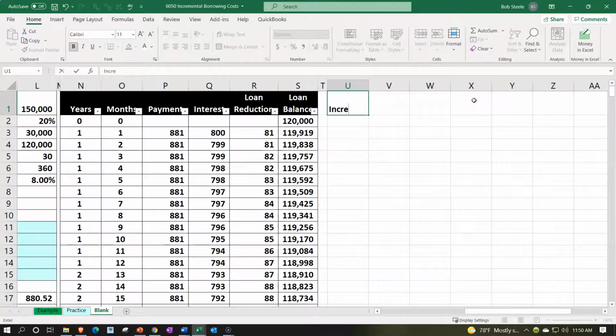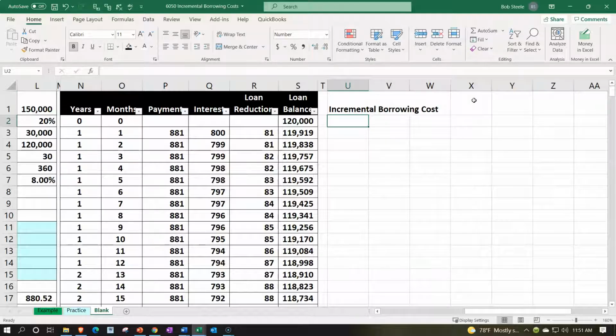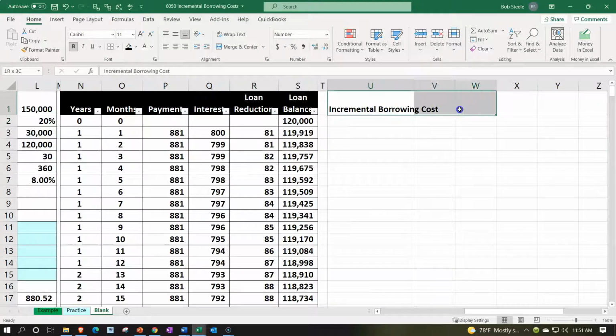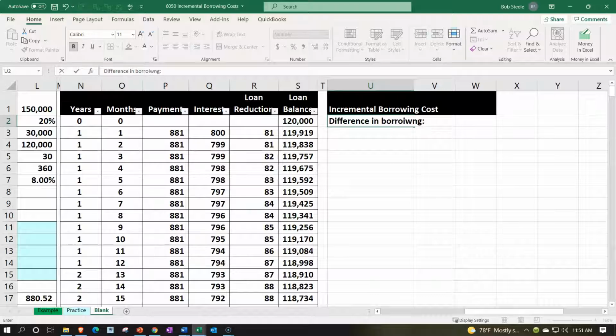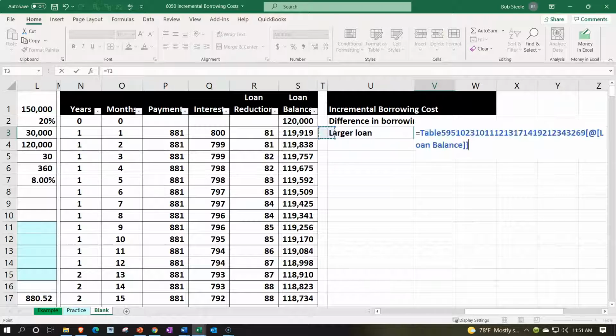So we're going to say the incremental borrowing cost, and let's make this one a little wider, just like so. And then we'll copy these and say this is going to be font group, and it's going to be black and white. And then we're going to say the difference, we'll take the difference in the two borrowing amounts. That's important. The difference in borrowing amount. And we're going to say the larger loan amount